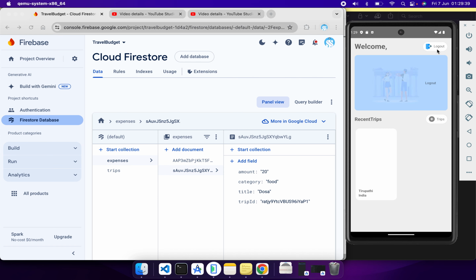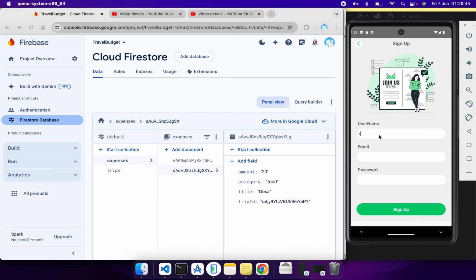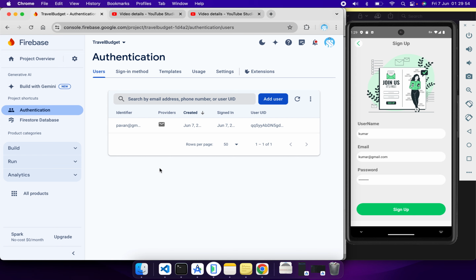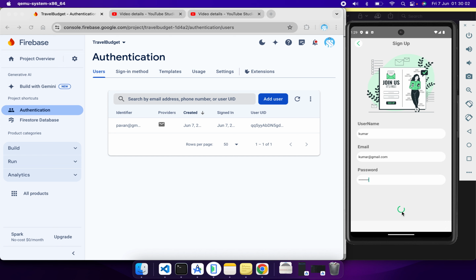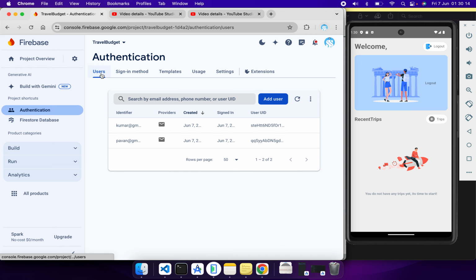Just to make sure that these particular details are not mixed with other details, let's do a quick sign up with other details like Kumar@gmail.com and something else. Now if you go to authentication, we have only one user, right? So let's make it sign up. As and when we sign up, it will create one more entry here. We are done with the entry creation, almost there. Yeah, perfect. Now this is a new user altogether, and it's not synced here, so just do a tab switch. Now we have a new user created automatically, and for this user no trips are there, isn't it? Now just log out,